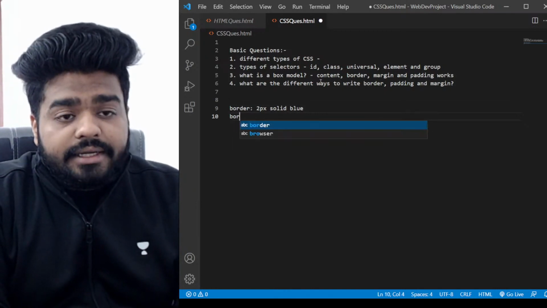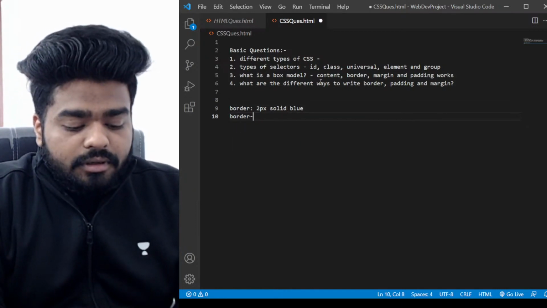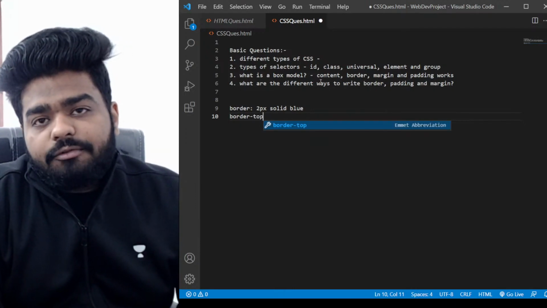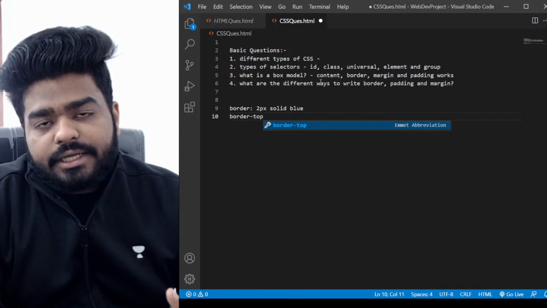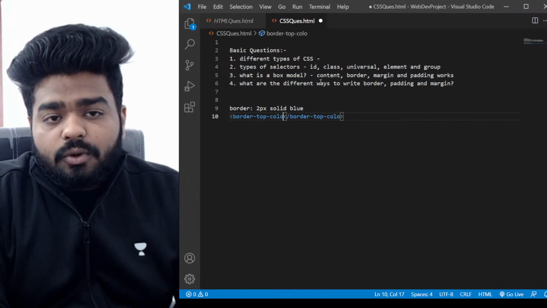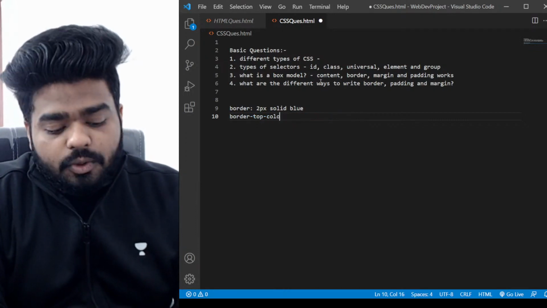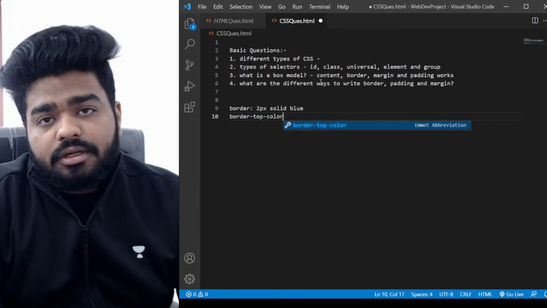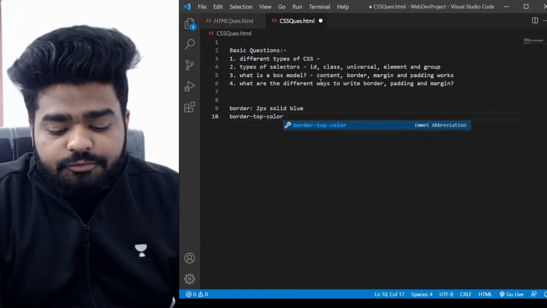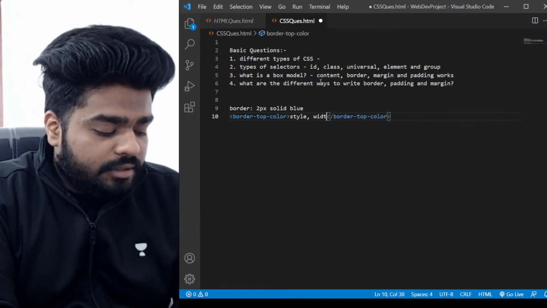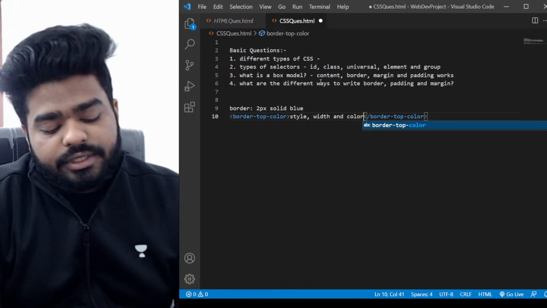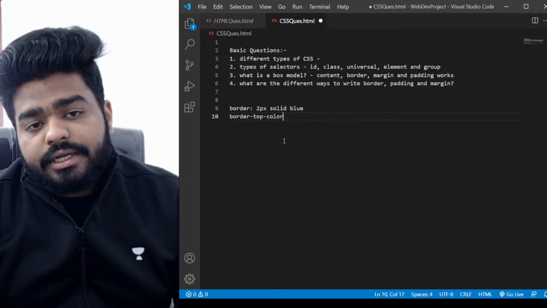You can write it in the manner of border top, right, and then border left, border bottom, in all four directions. Let's say border top color, right? So it will only give you the color. What is the next one? Border top width, border top style. So we have three things. Remember this: it's style, width and color, which is needed or required in a